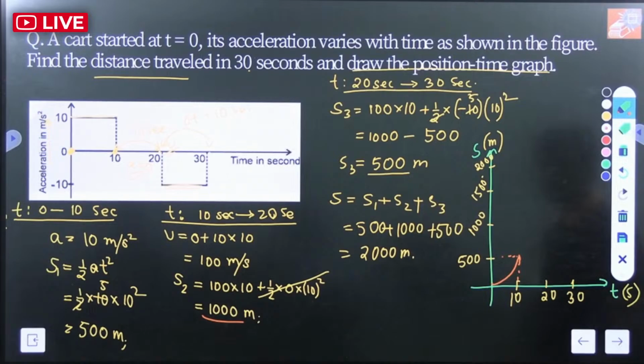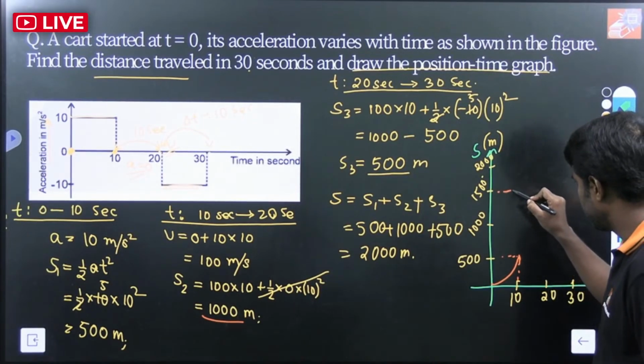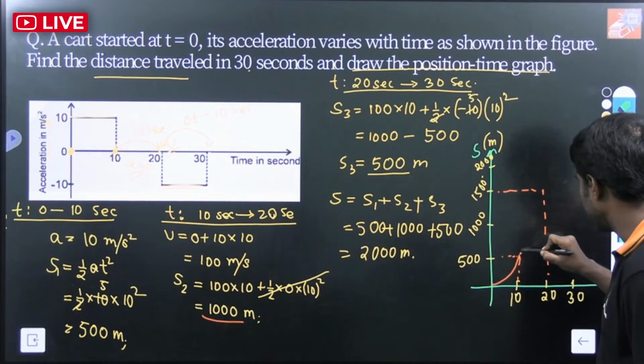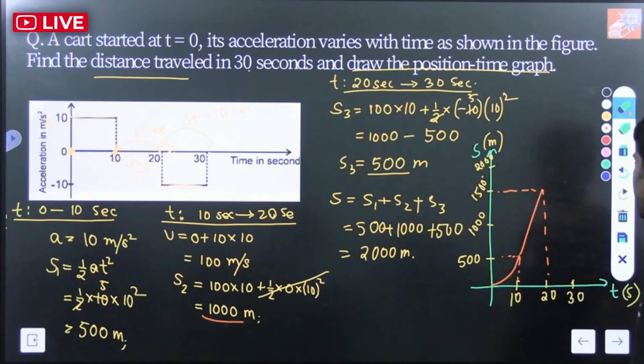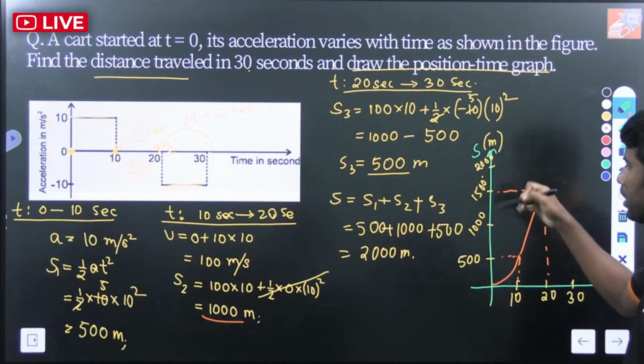Uniform velocity means the S versus T graph will be a straight line, because the slope is constant, since the distance-time graph gives you speed, which is constant. So up to this one we get a straight line. And the third part is 1500 to 2000, that means the remaining 500 meter,